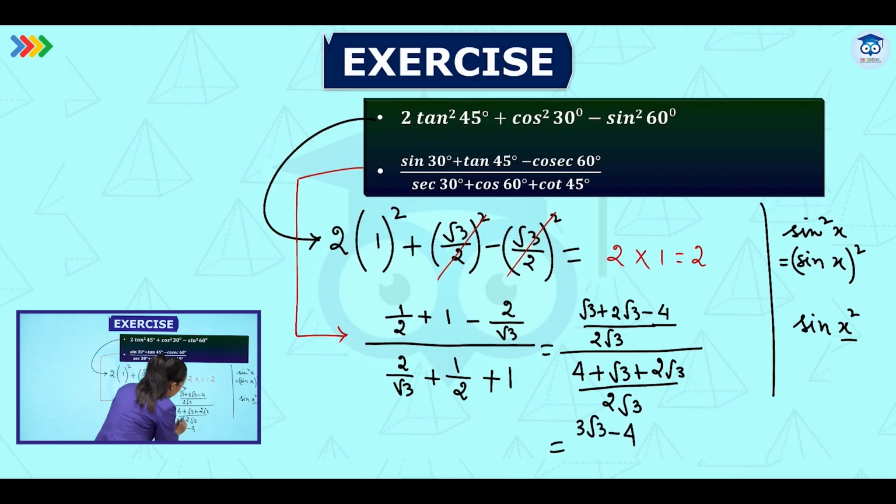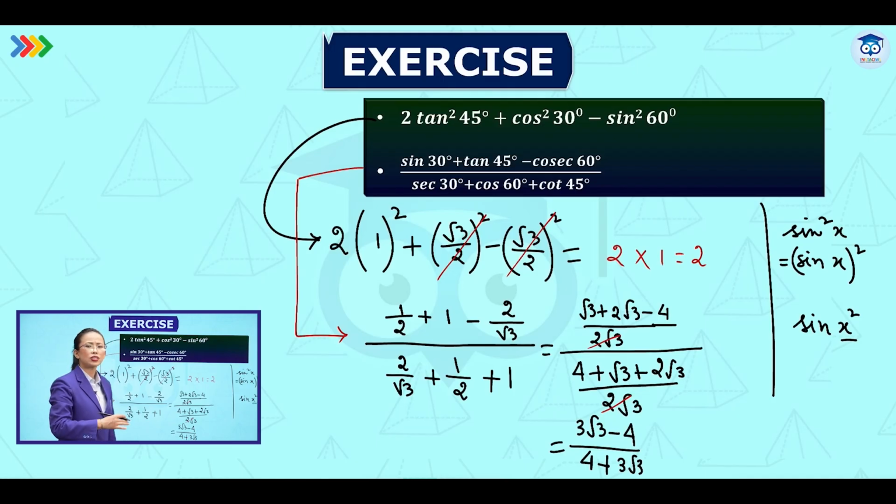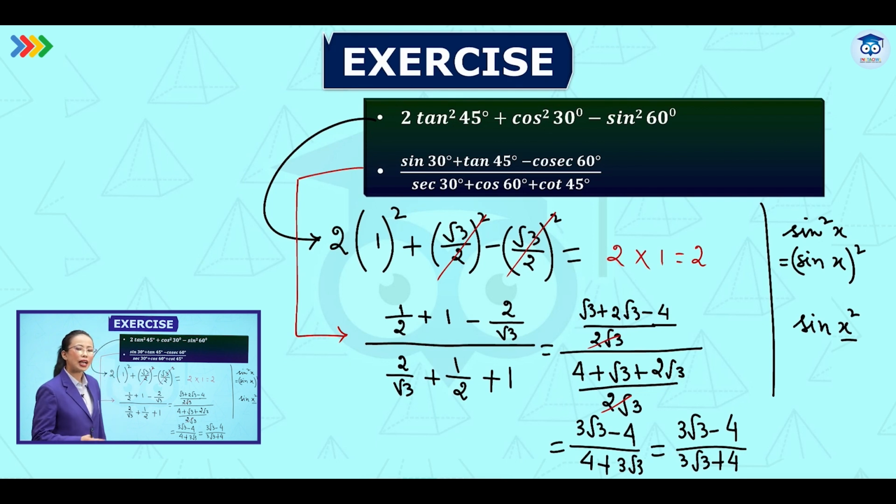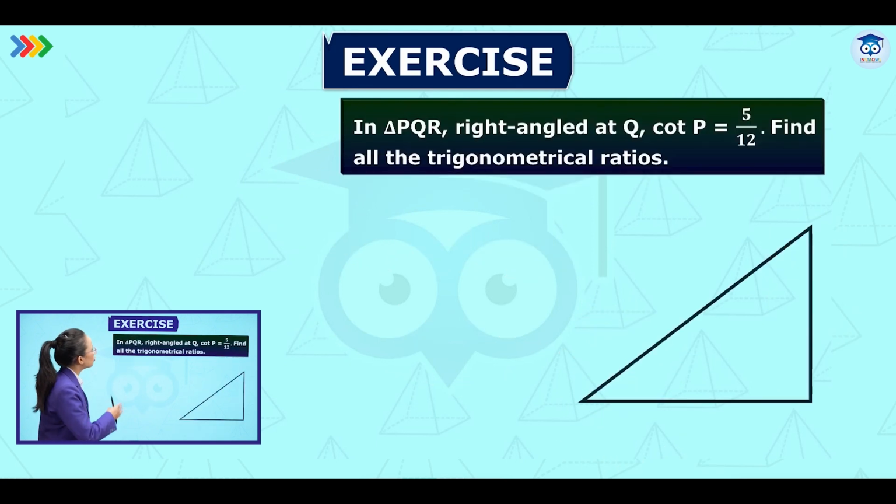See, both the denominators are equal. So when we take the division, it will get cancelled, right? Now in the denominator, we are left with what? 4 plus 3 root 3. Okay, so we can do the rationalization for this, or you can leave it this way also. So we have the last answer as 3 root 3 minus 4 upon 3 root 3 plus 4. You can do the rationalization and keep the answer also. Like this, we can solve such type of sum.